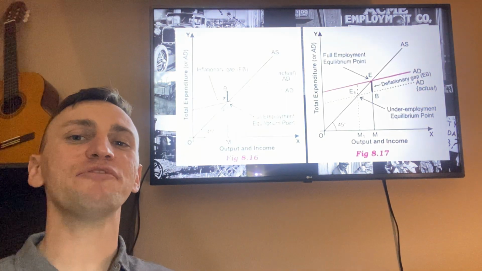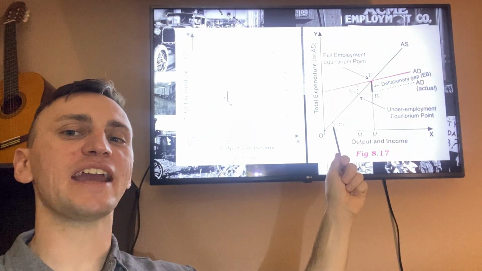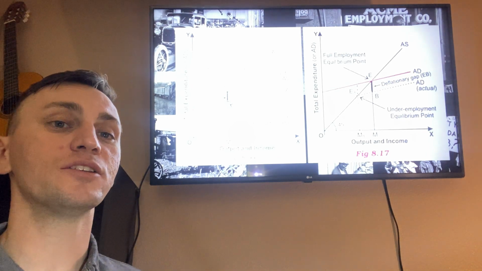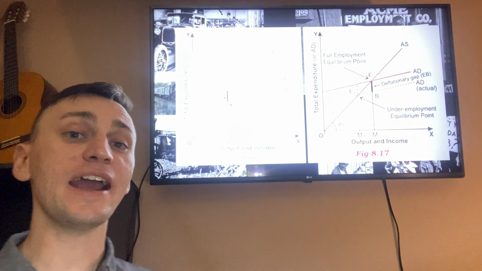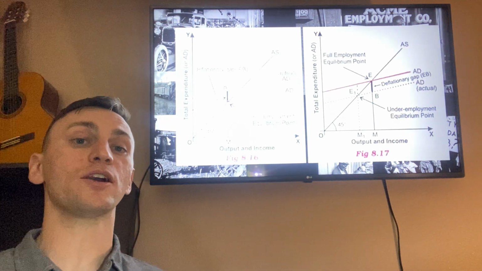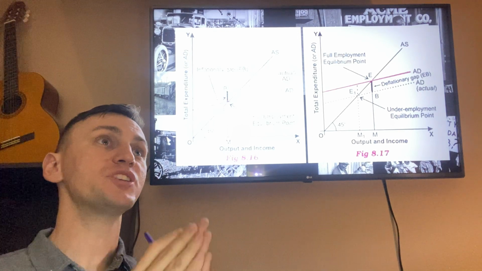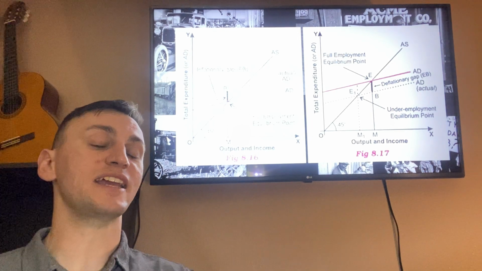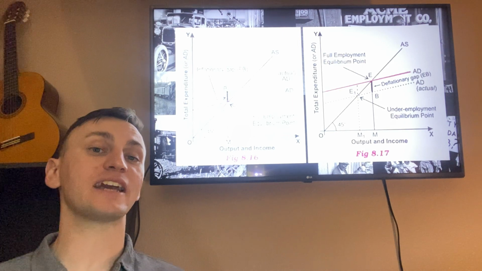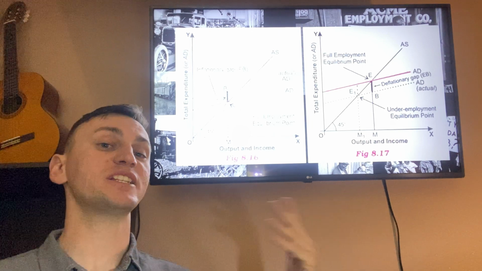So here is an inflationary gap and deflationary gap. An inflationary gap is where the productivity of a society is higher than what it is normally capable of sustaining over time. What do I mean by that? I am producing more than I normally can sustain. Now, since it's unsustainable, it is a gap. I am producing more than I normally can sustain with the economy. People are getting overtime, wages are going up, the productivity is going up.